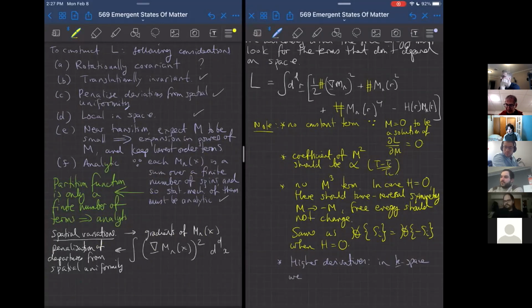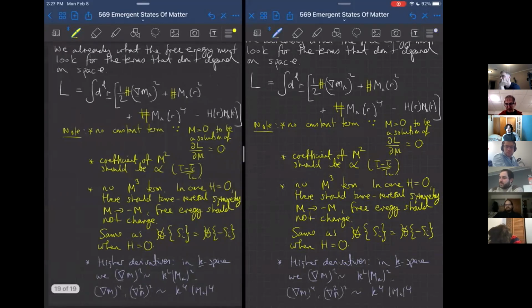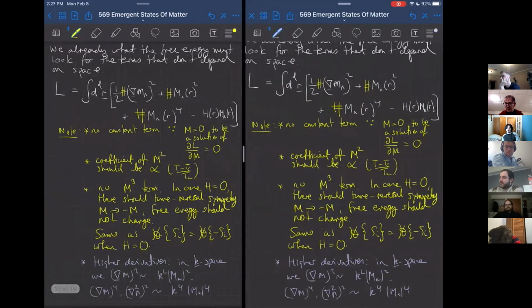We have grad m squared going like k squared m squared, and if I had higher derivatives, say this or something like this and so on, then I'd have k to the fourth m, and so on. And so because those are high k, what that means is that those terms